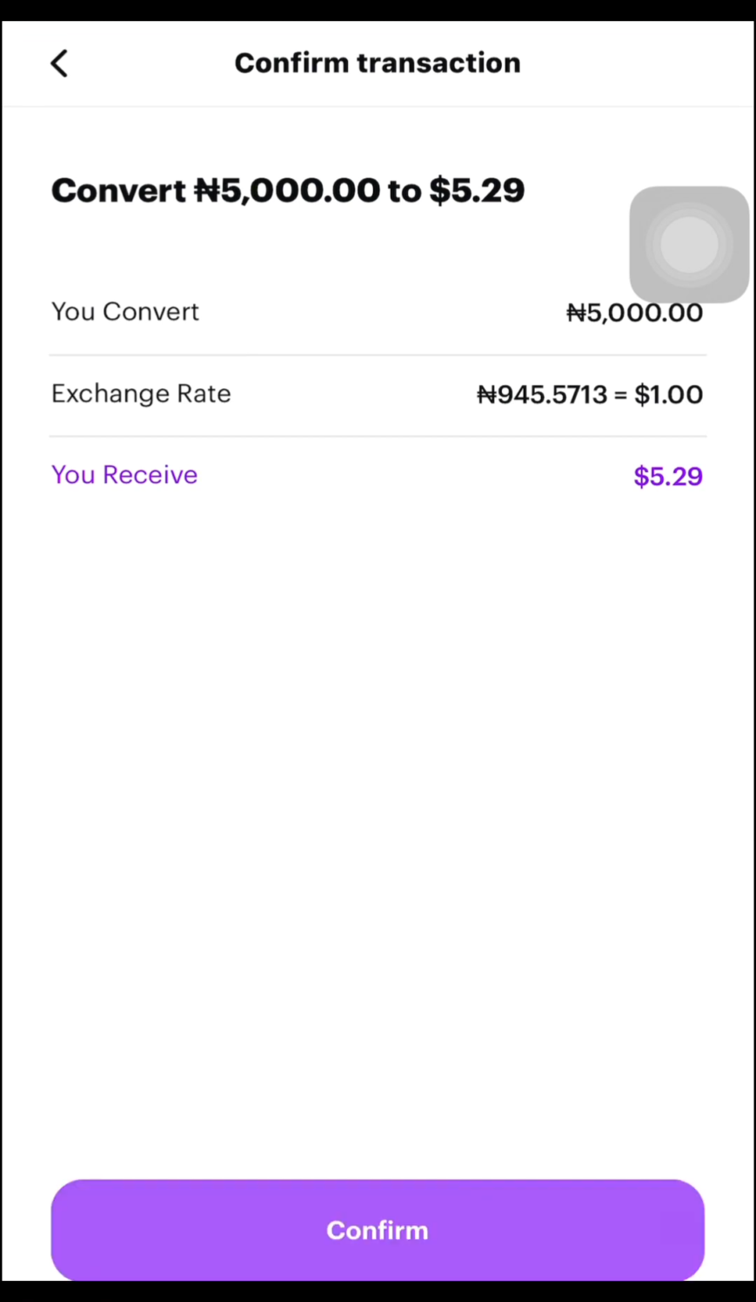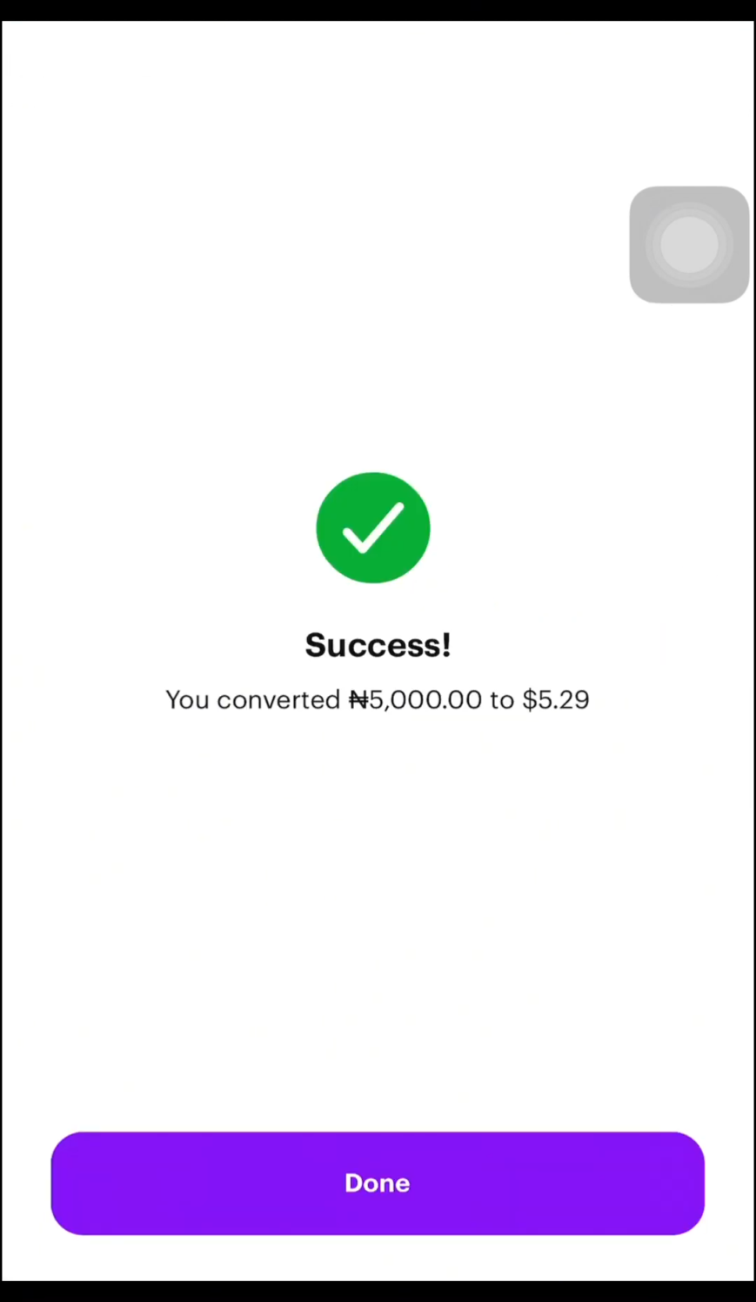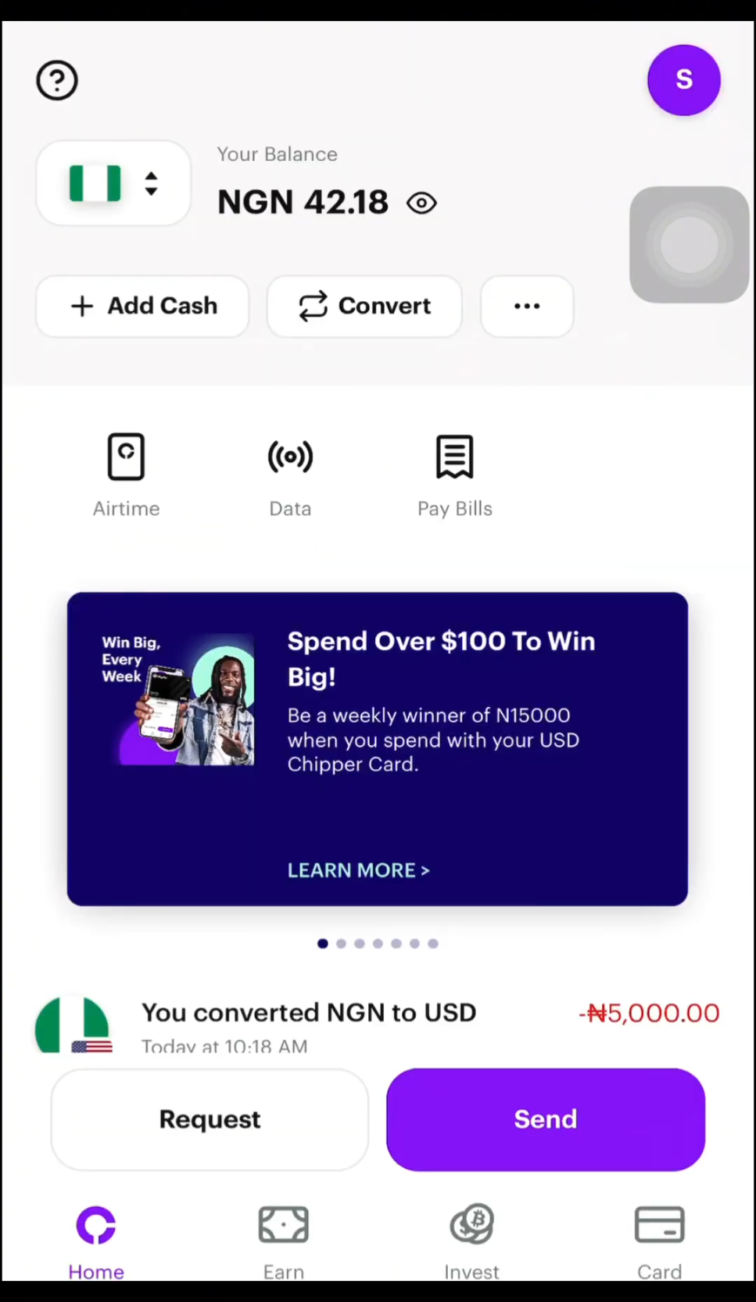All right, so with just a few minutes now, we are going to see that this transaction has been successful, and you can see that it has successfully been converted. So let me click on done. All right, that's the first process now. If I click on my NGN now and see my dollar, you can see that I'm having